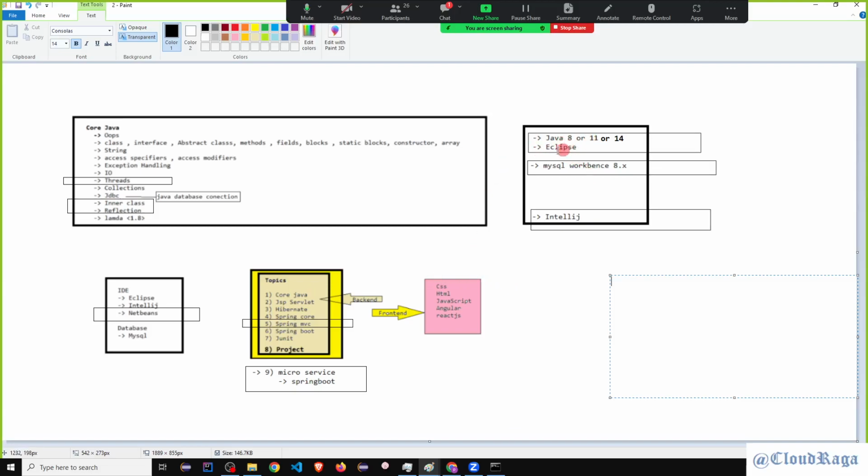That's fine. You will see that on the Oracle website. You should have a simple account there, and then you can download any version of it. I'll suggest 8 or 11 is fine. Don't go for 14. If you have 14, that's fine. We'll manage it. Then Eclipse version, you can download either